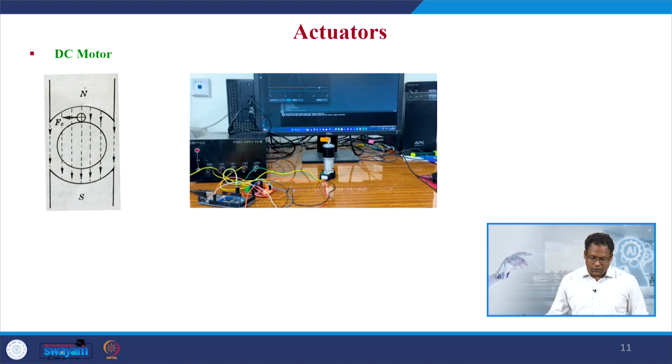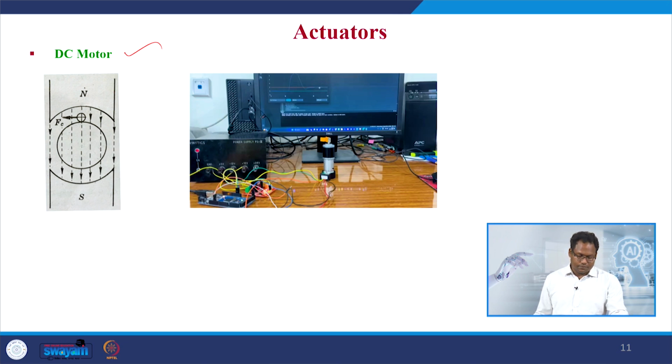Now, coming to the actuators, which play a vital role in order to move a robotic system. Here we are confined to 2 types of actuators. One is electric actuators or electric motors and smart actuators. So, coming to the electric actuator, which is a fundamental actuator used in robotic systems, is a DC motor, where the principle of working is given in such a way that when a current carrying conductor is placed in the magnetic field in such a way that the direction of current passing through the conductor is perpendicular to the direction